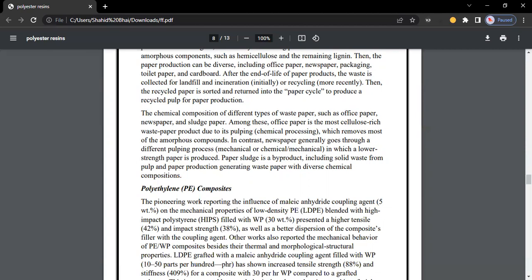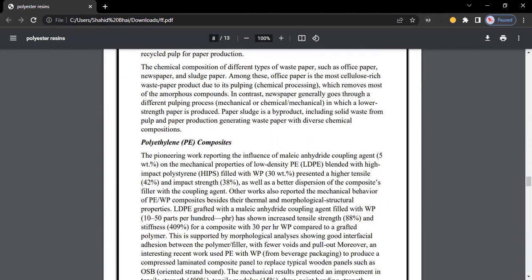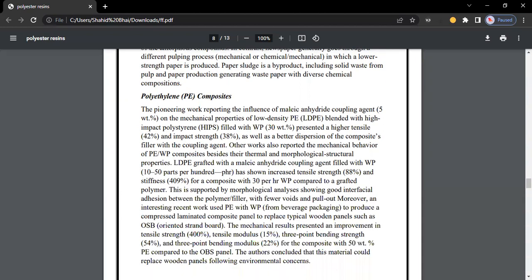Paper plug is the byproduct, including the solid waste from pulp and paper production, generating waste paper with diverse chemical composition. Now we discuss the polyethylene composite. The work reports the influence of the maleic anhydride coupling agent on the mechanical properties of low density polyethylene blended with high impact polystyrene filled with the